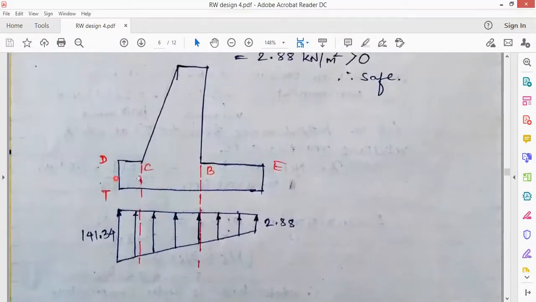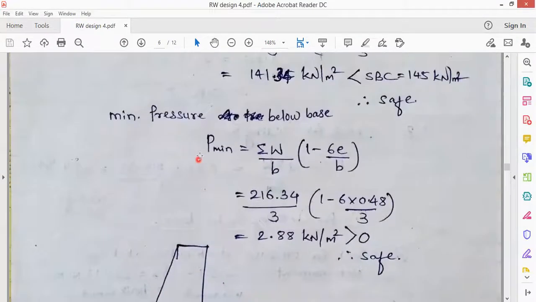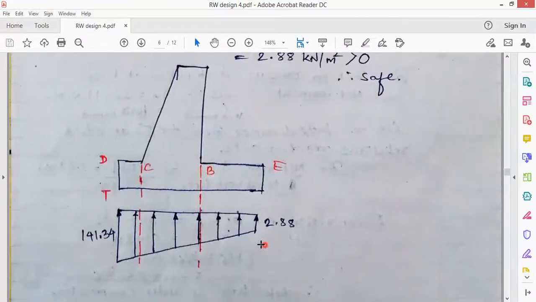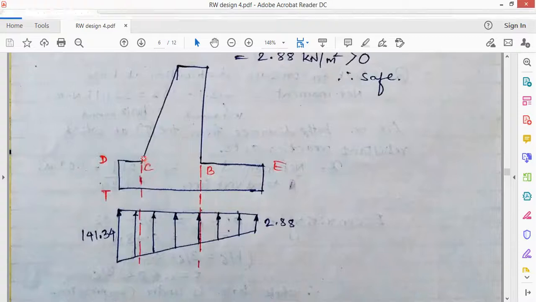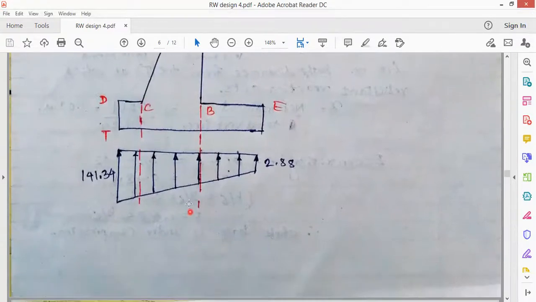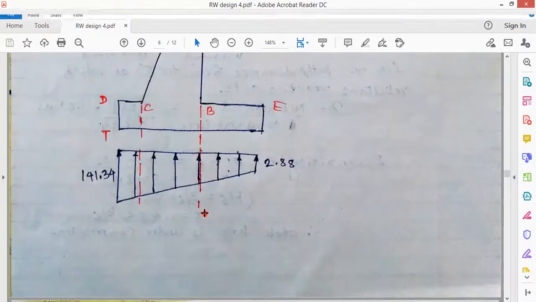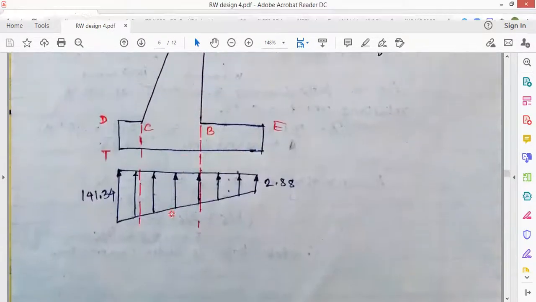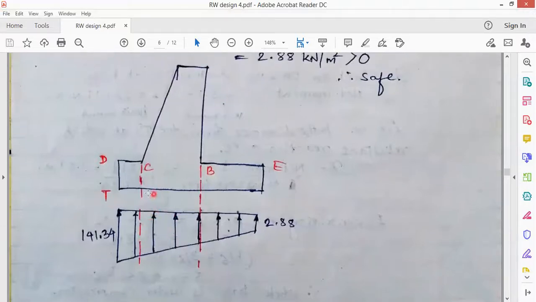calculate the pressure at different locations. I have obtained the maximum and minimum P. So P maximum is at the toe and P minimum is here at the heel point. And I need to calculate the pressure at these particular points, C and D. By interpolation, we can calculate the pressure at C and D locations. Whatever method you want to use, you can use that and get the pressure at C and pressure at D.